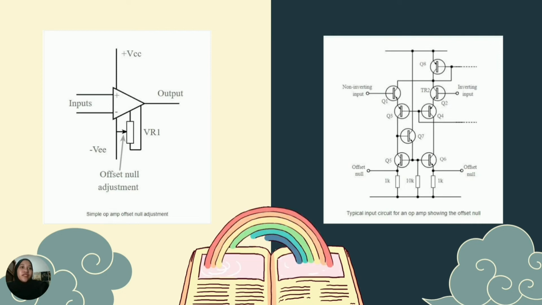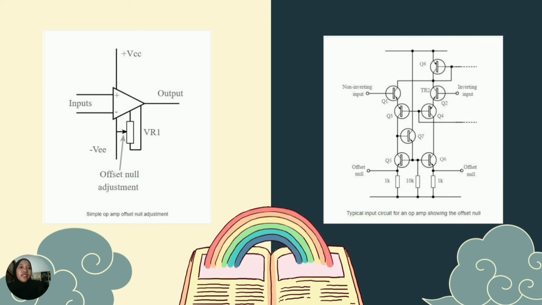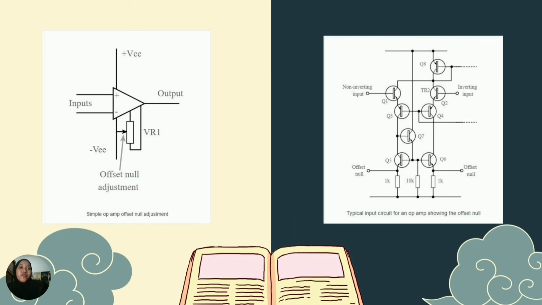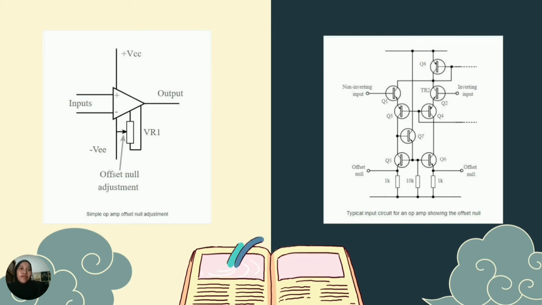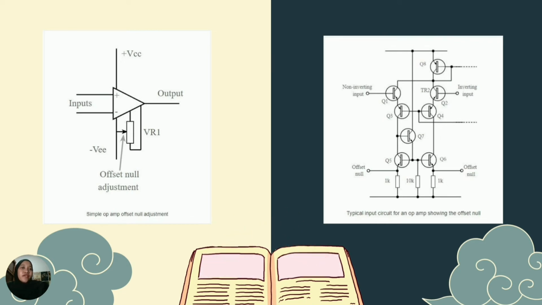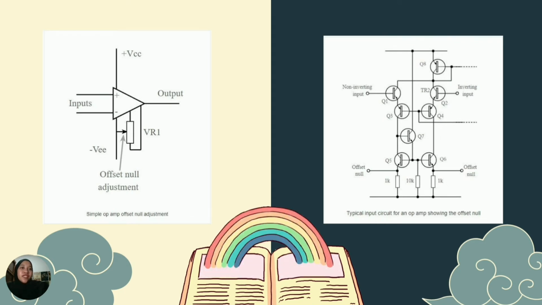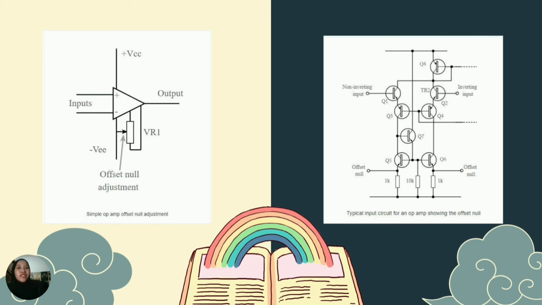The op-amp offset null circuit adds a balance capability to the input circuitry, as shown in the example of the op-amp input stage. The op-amp's offset null connections enable the input circuit balance to be obtained by applying external circuitry. Operational amplifier offset null capability is used for applications where DC amplification is required. The small offsets caused by the input circuitry are amplified, and if left unchecked, they can become an issue. So one of the major areas